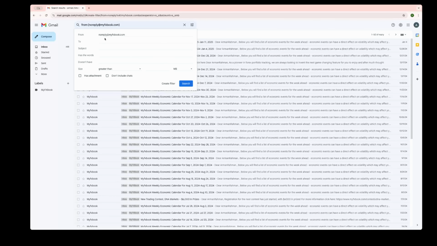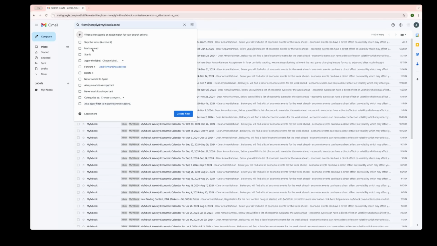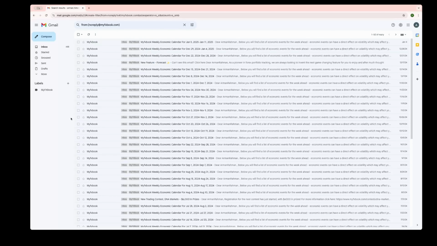What you can do is select from email if you already know the email. You can create the filter, select the actions that you want to perform, so mark it as read, skip it, maybe directly delete it, and create filter. Another step is to go to your settings,